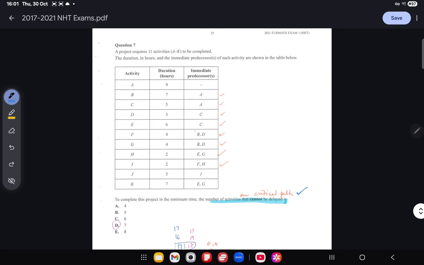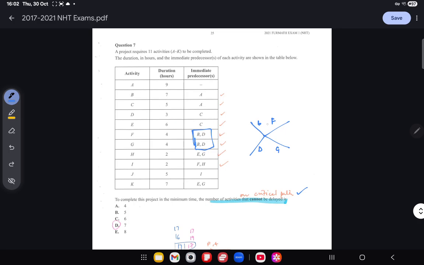I saw that B and D were two activities which had the same immediate predecessors, B and D, F and G. So what I did was I drew B and D first, which led off to F and G, and then I tried to extend this network diagram in both directions, and I saw the predecessor for B was